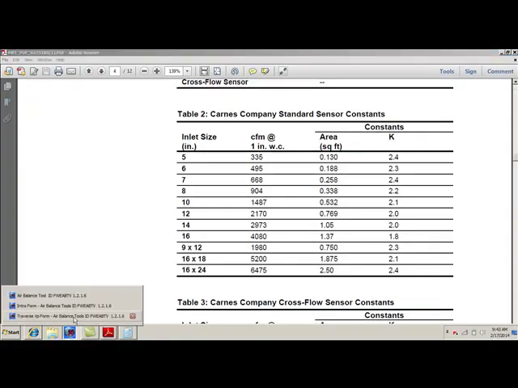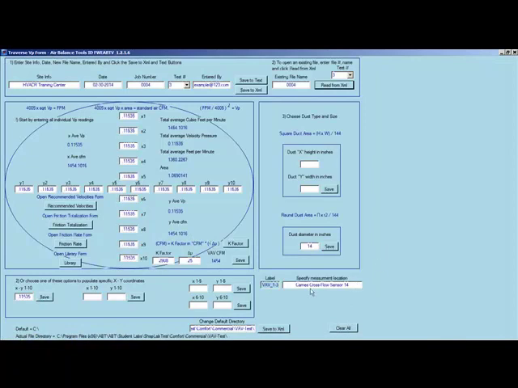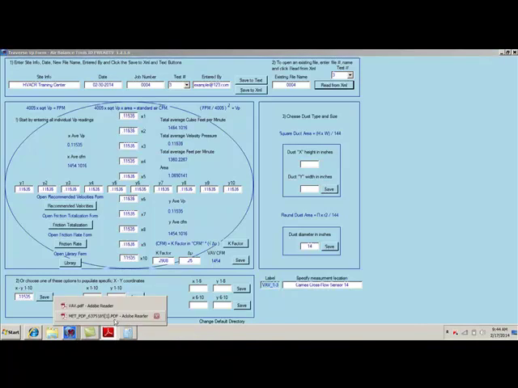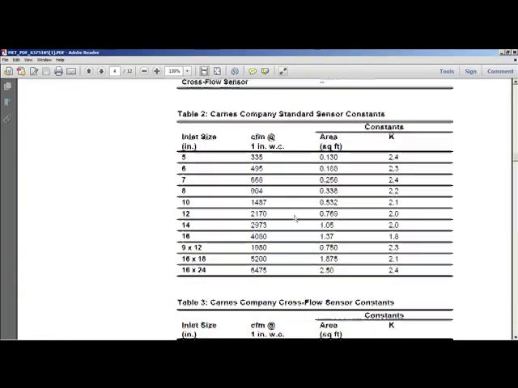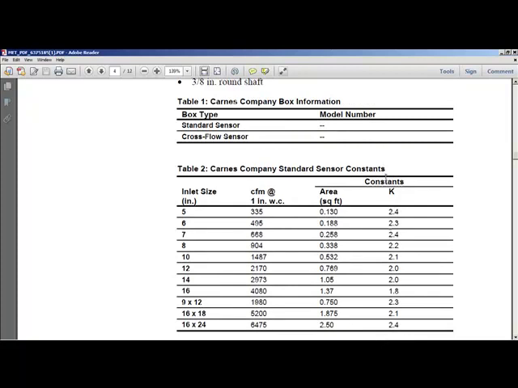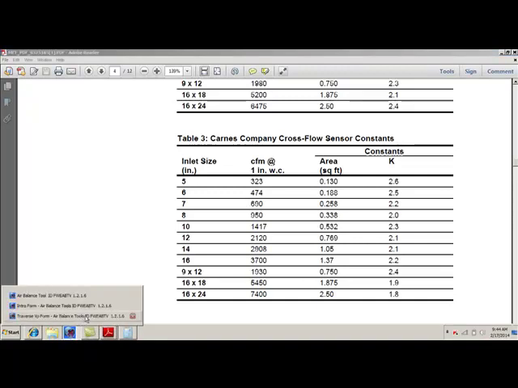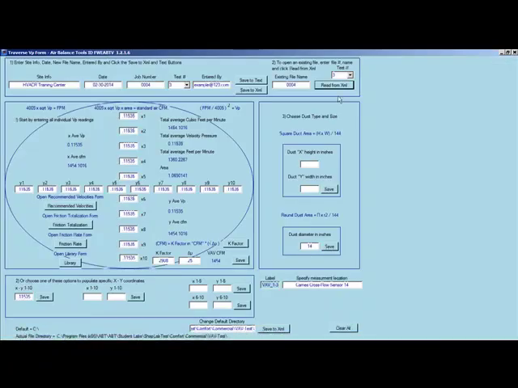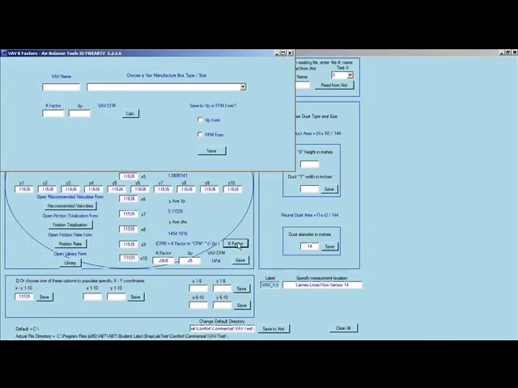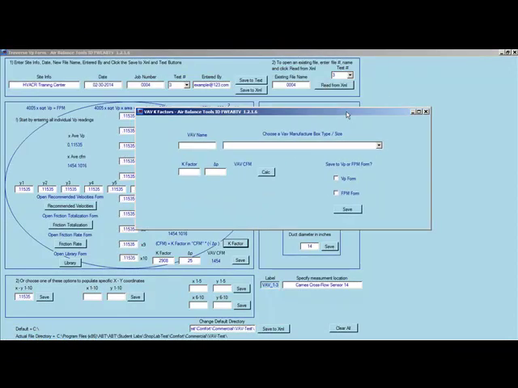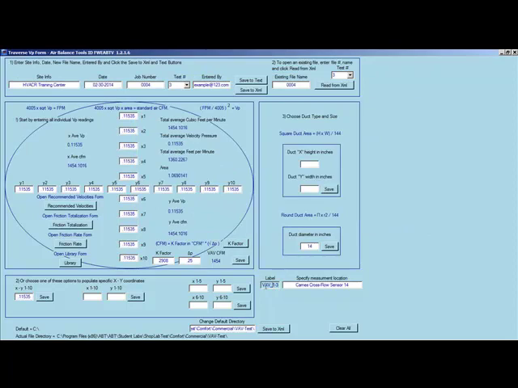the right file here. So in this case, Carnes cross flow sensor 14-inch, and we have Carnes standard, Carnes cross flow. Now we don't want to have to go back to a file to remember all these numbers, so we've made it easy for you. All you have to do is go to K factor, click on this button, and type in, since this is going to be